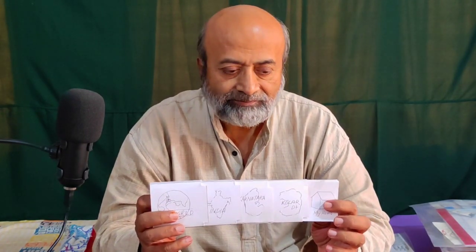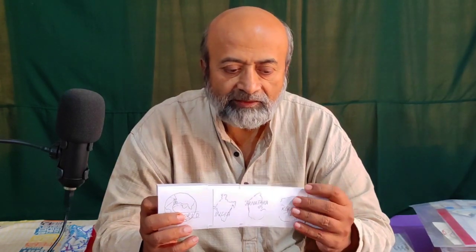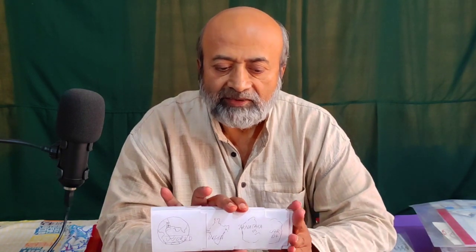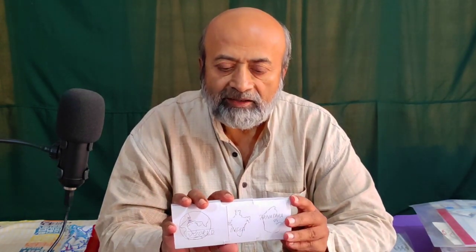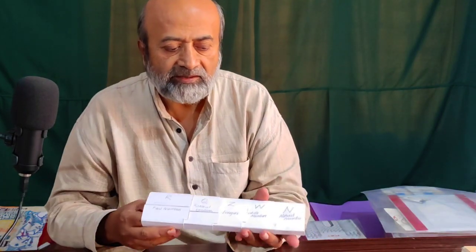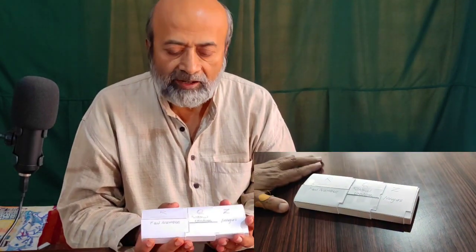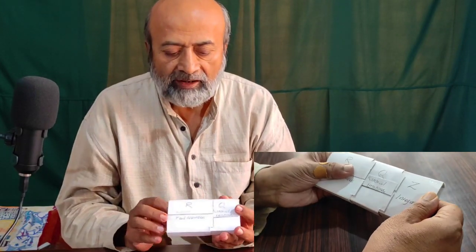For example, here this is my home, this is inside my district, this is inside my state, this state is inside my nation, and this nation is inside this world. Just as the set of natural numbers is inside the set of whole numbers, both are inside the set of integers, and both are inside the set of rational numbers. And the rational numbers, putting together all these things, are inside real numbers.